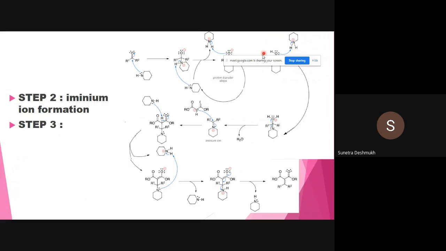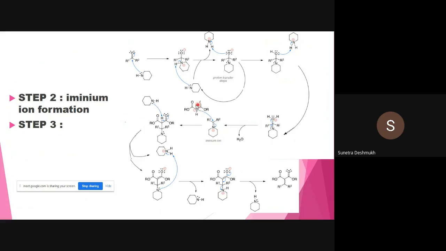Next, now we will see step second and step third. Okay, so the step second, iminium ion formation. We will see that now. Now we have to react the aldehyde, since only the aldehyde is remaining to react. Okay, so aldehyde we have taken, and the active methylene component we already reacted. Now we will take the aldehyde, and we will generate